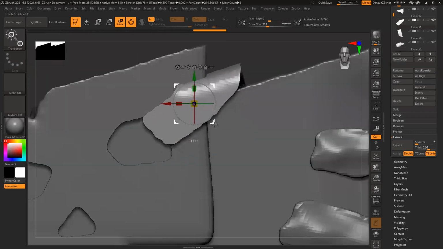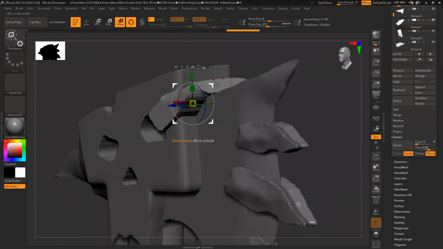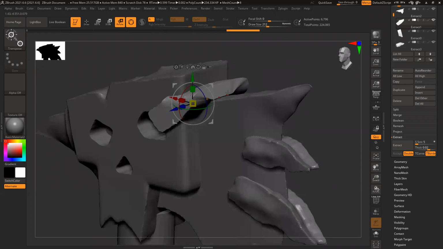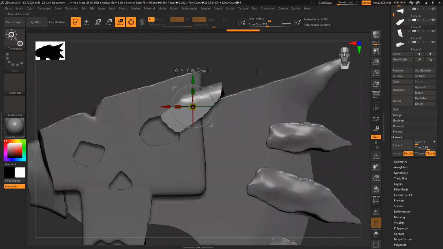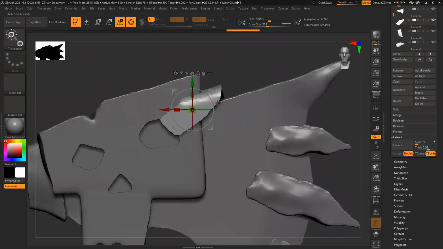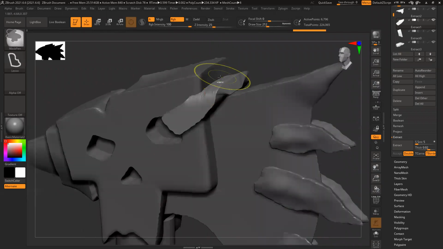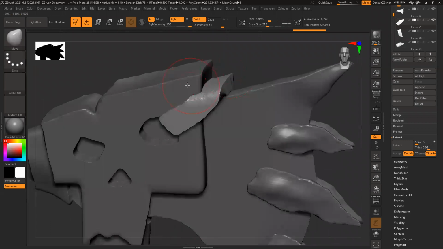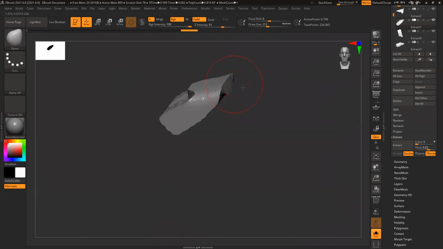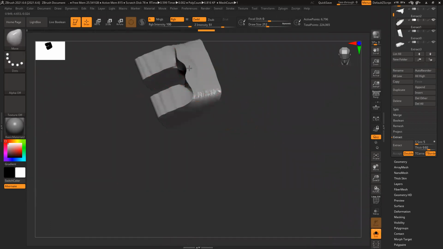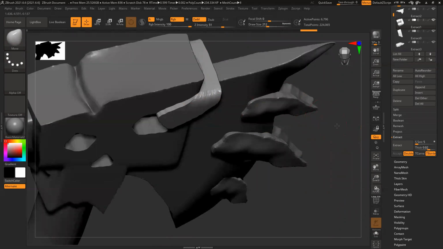It's on somewhere here, this corner. Don't worry about the uneven surface and all, those things will be fixed. Push this thing. Isolate, push it outside, solo.